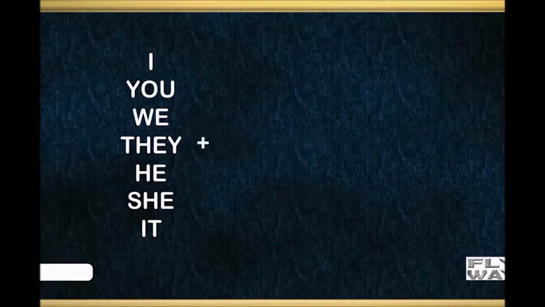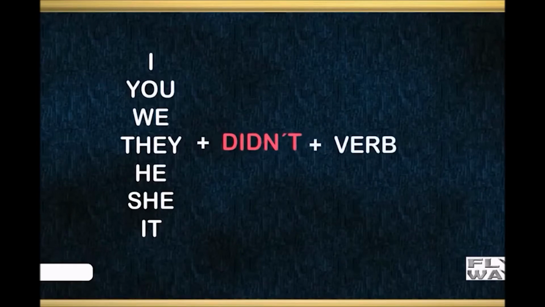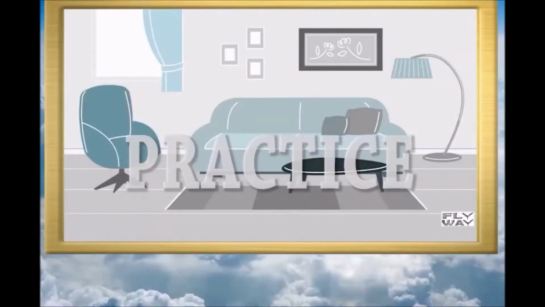Now, we've always talked about the verb in the positive form, but we never really talked about the negative form. You did not do the verb. So let's see. Pronoun plus did not, which you can of course make short by writing didn't. It's the same. Plus our verb. So in the negative form, we do not need to put ed with the verb. We just put didn't plus the original verb. Okay, practice time.